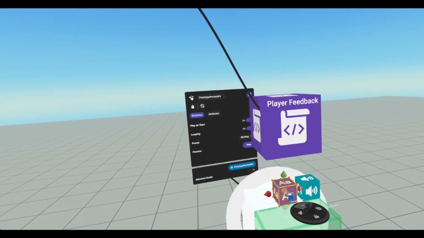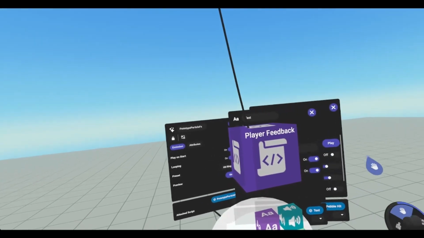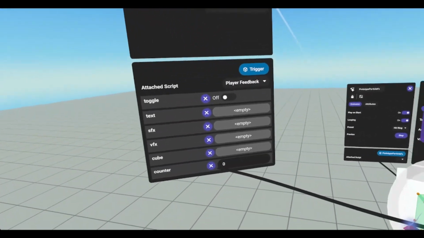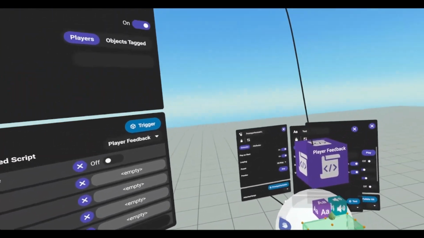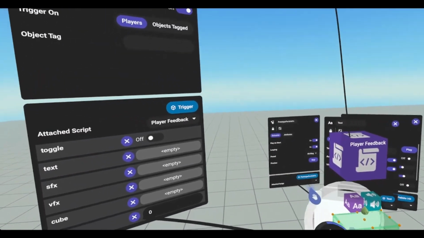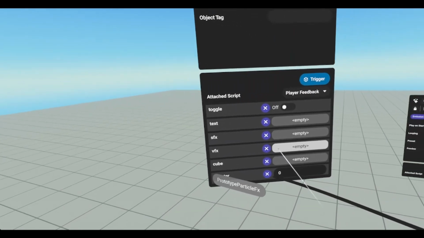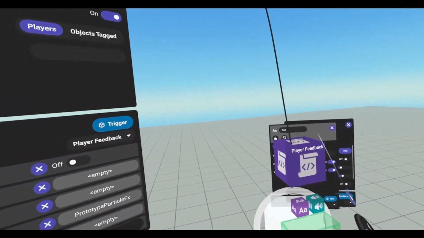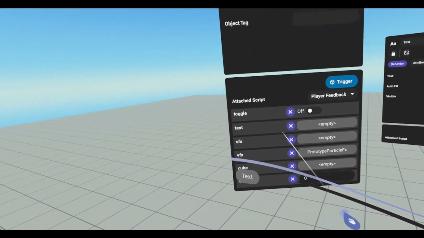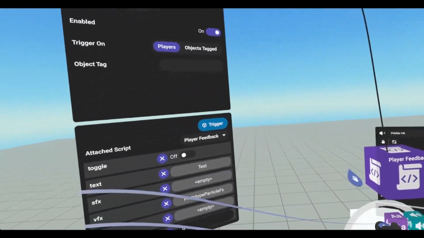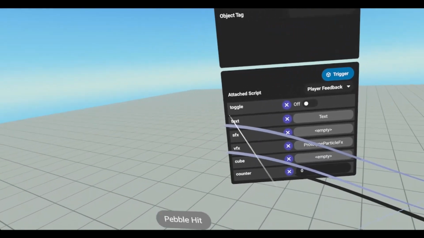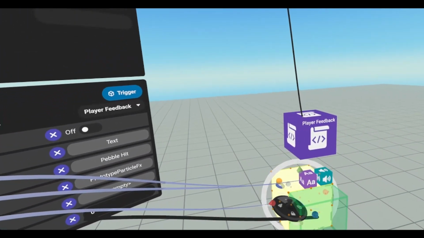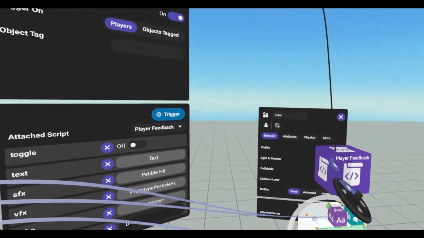We need to open up our text and that, open up our trigger, and now we have to drop in these variables. So our particle effect, we need to drop into VFX, close out of that. Our text, we'll go to text. Our pebble hit will go to SFX, and then we need to open up our cube, grab our cube variable,